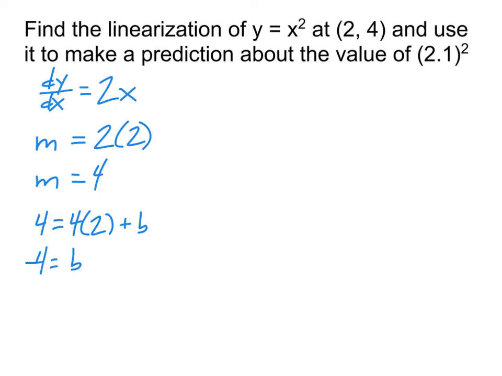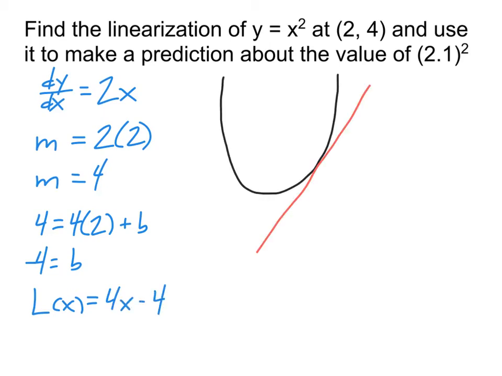You should find that b is negative 4. Our slope is negative 4. And so we have a linearization of L of x equals 4x minus 4. All right, and so, again, thinking about what this really means, here's our general x squared graph, and here's our